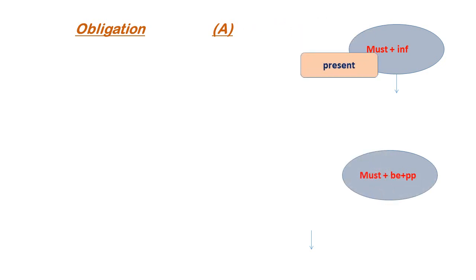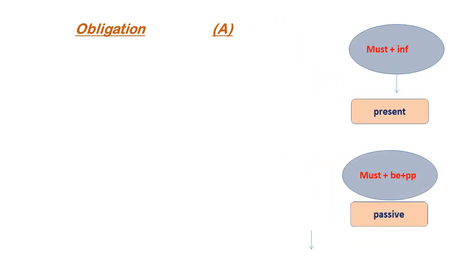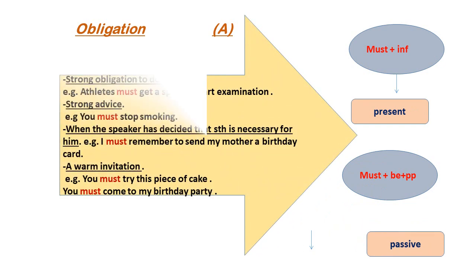The obligation. To express the obligation, we use must plus the infinitive. And the passive form of must is must plus verb to be plus the PP. The most important thing that you know is the usage of must. We use must to express strong obligation to do something, such as I say, athletes must get a special heart